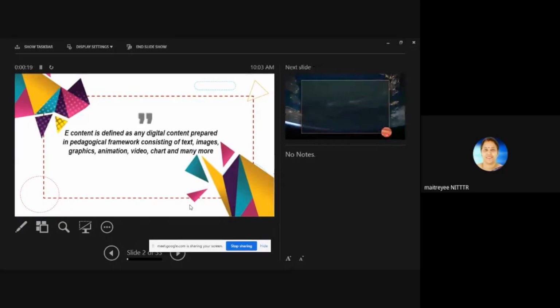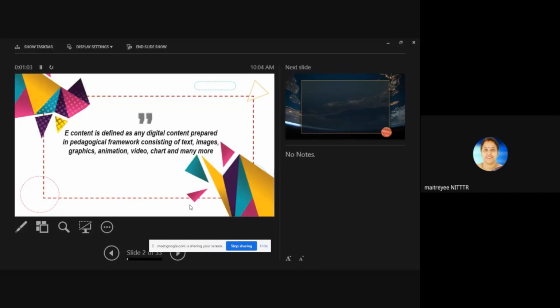So first of all, what do you mean by e-content? E-content is defined as digital content. All of you must be knowing about e-content from years back. What do you mean by e-content? When we had to see the content digitally in a laptop, or through a CD, or on a desktop, from that time onwards the term e-content has been coming. Now the researchers are working on how to improve the e-content quality depending on the development of the software or the software applications.